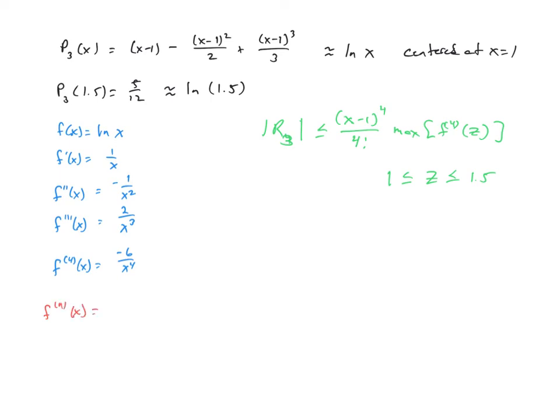is going to be, you'll notice that the first derivative is a positive 1, the second derivative has a negative, third derivative is positive, fourth derivative negative. So it's going to be negative 1 to the n plus 1 power times,